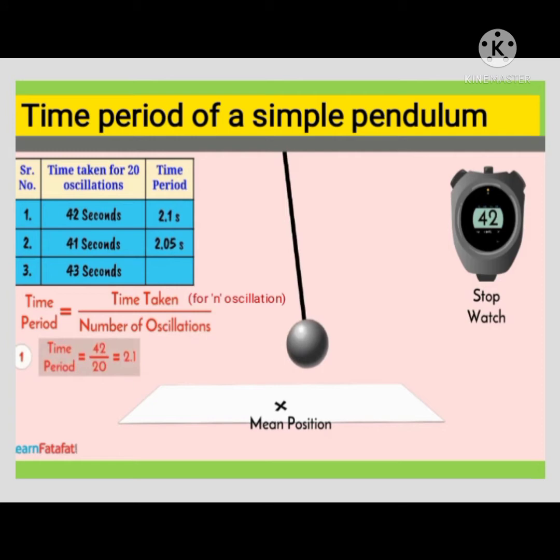Now, we are going to find out the time period of a simple pendulum using an activity. Set up a simple pendulum as shown in the figure with a thread or a string of length nearly 1 meter. Switch off any fans nearby. Let the bob of the pendulum come to rest at its mean position. Mark the mean position of the bob on the floor below it or on the wall behind it.